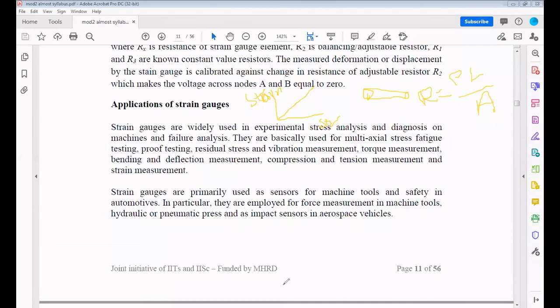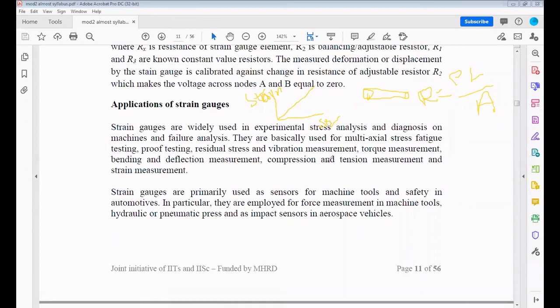It finds out or detects something. Basically, these types of strain gauges will detect what the problem actually is inside the machinery. According to that, machinery problems and failures can be analyzed. Then we can replace that particular system, or otherwise modify it, depending on what the problem inside that machinery is.